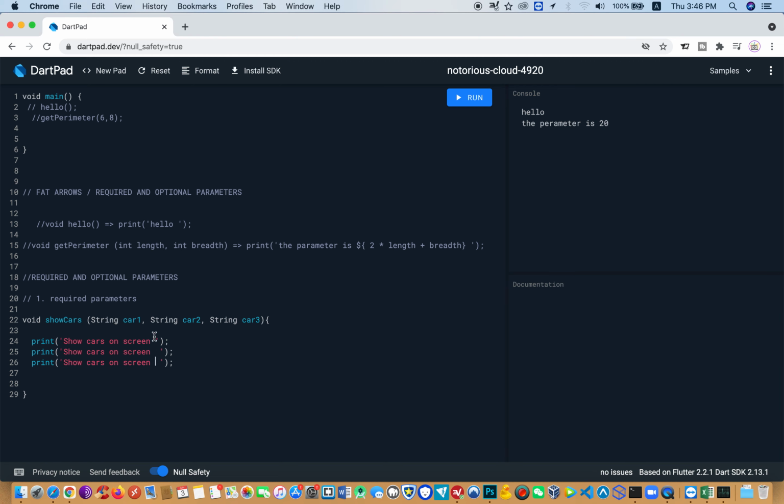Okay, so what are we gonna show? We're gonna show this as a parameter. So how do we call that as a parameter? We need to use the $ sign, and then the same one. Oh no, so the same like this, but this is gonna be 2 and this is gonna be 3. Okay, so we have show cars on screen 1, show cars on screen 2, and show cars on screen 3. Okay, good. So now let's call the function right in our gateway, or the main function, as we know, because